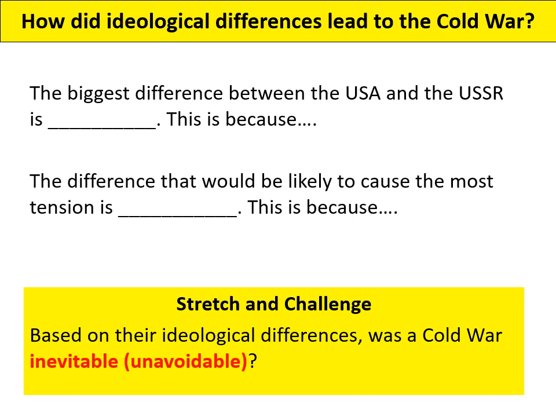Now you could argue actually it's not their ideologies or their beliefs, it's actually the differences between how they fared or how they survived World War II. And there's a stretch and challenge I'd like everyone to be thinking about. Based on all of their differences in belief, based on their ideological differences, was a Cold War inevitable? Was it always going to be the case that these two superpowers were harshly competing? Or do you think some friendly, light-hearted competition could have existed instead?